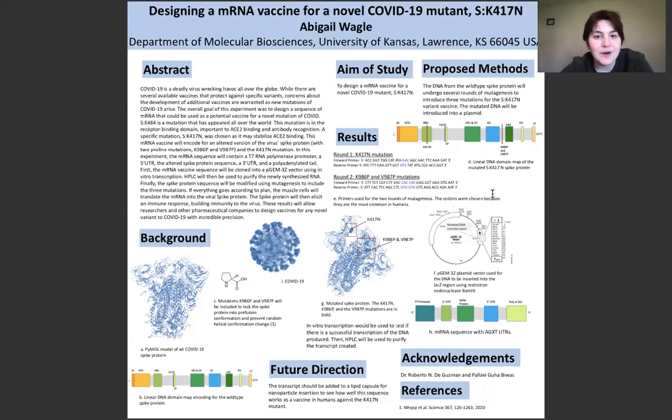And while there are several pharmaceutical companies that have created vaccines against this virus, questions have been raised about their continued efficacy as new mutations of COVID arise. So, the aim of this study was to design an mRNA vaccine for a novel mutant of COVID-19, K417N. This basically just means that in the spike protein, there's an asparagine instead of a lysine at the 417